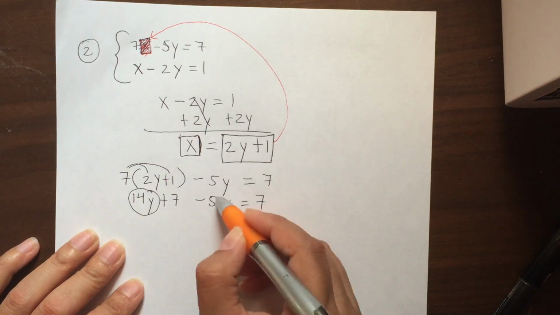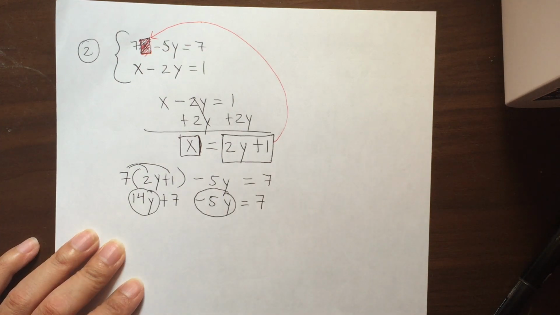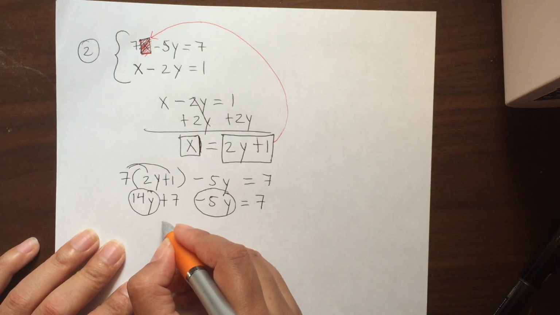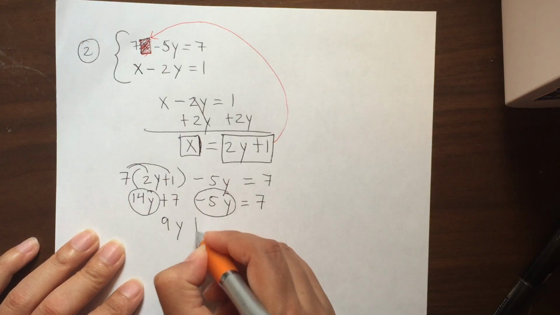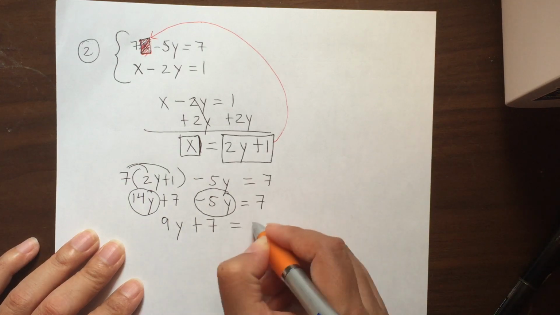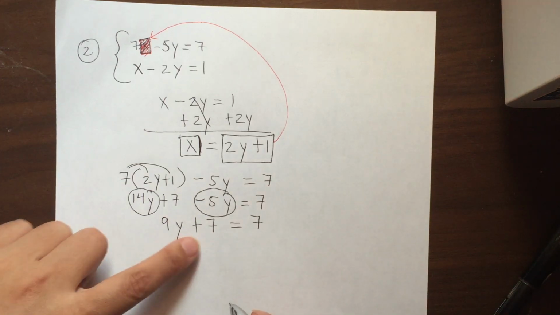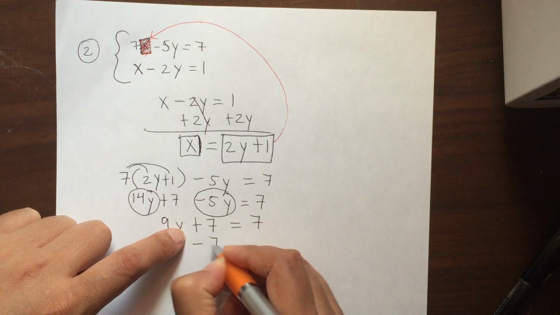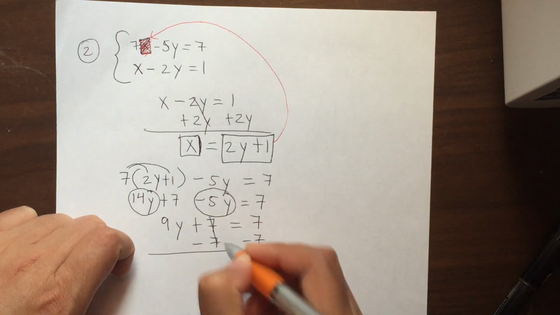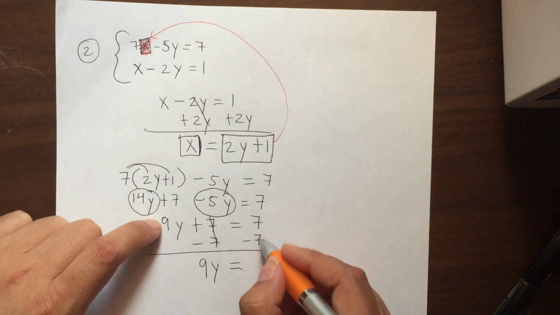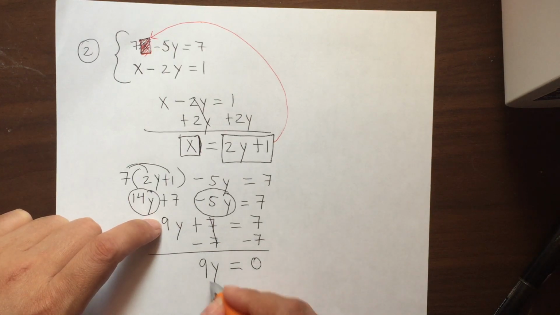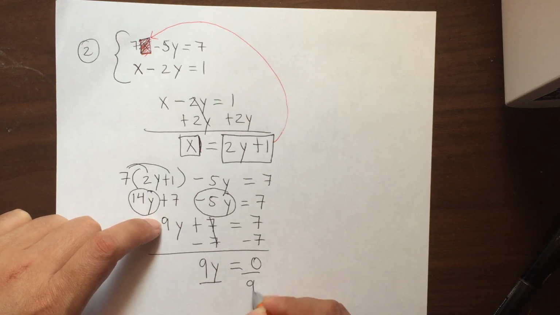So I have 14y and negative 5y, which is 9y. I bring down the 7 equals 7. The next step is cancel by subtraction. And so 9y is equal to 7 minus 7, which is 0. I divide both sides by 9,